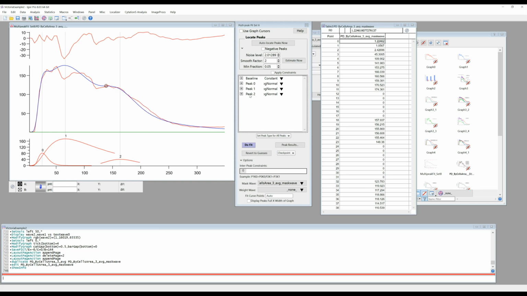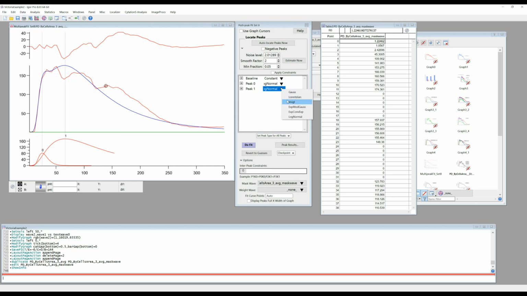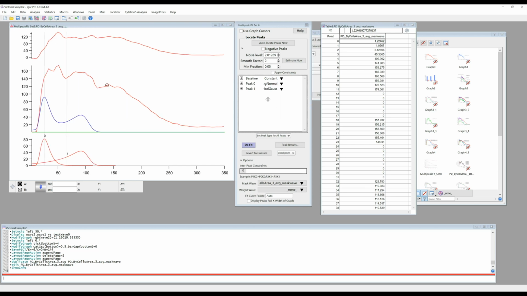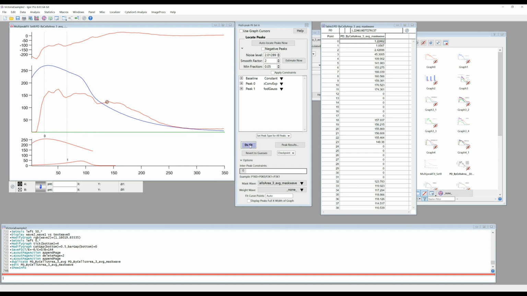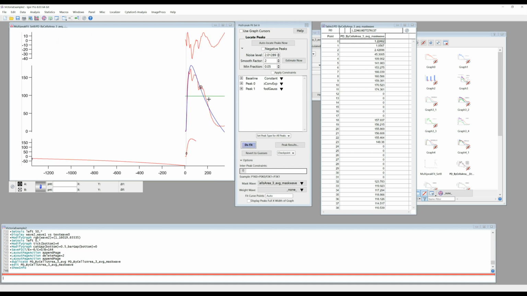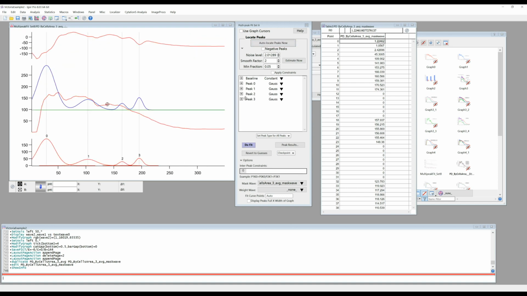Let me simply delete 2 peaks from this list. Now the peak on the right should be exponentially modified Gaussian, and peak on the left is convolution of 2 exponentials. It didn't quite work well, probably because the initial estimates were off. So I'm going to go back. Now I will try to remove peaks 3 and 1 so that the initial placement of the peaks are wider apart. Change the type,